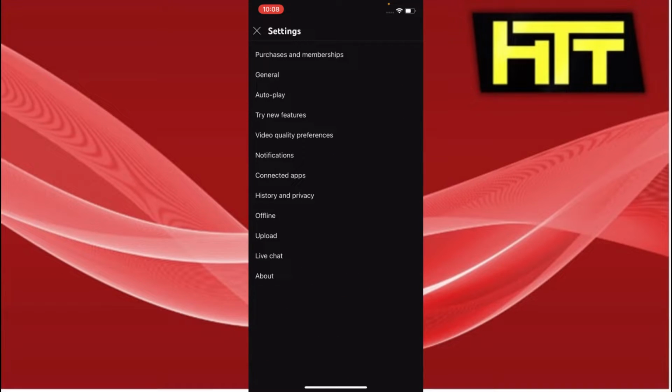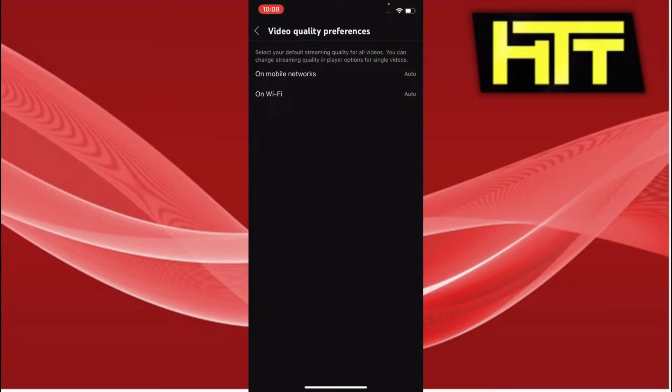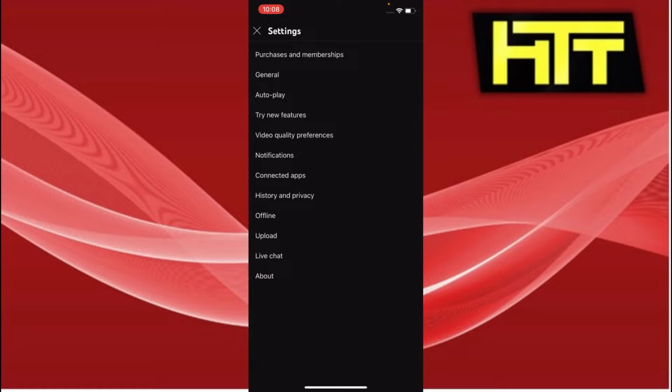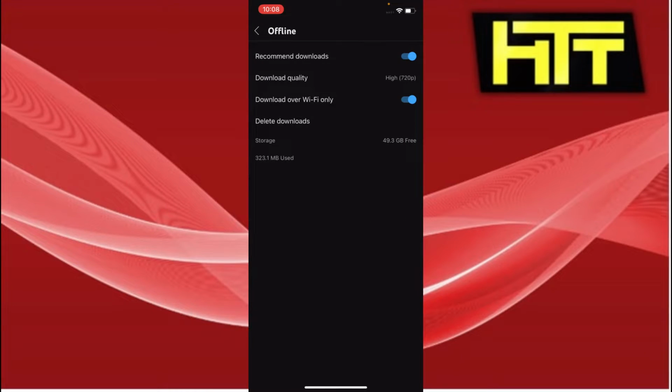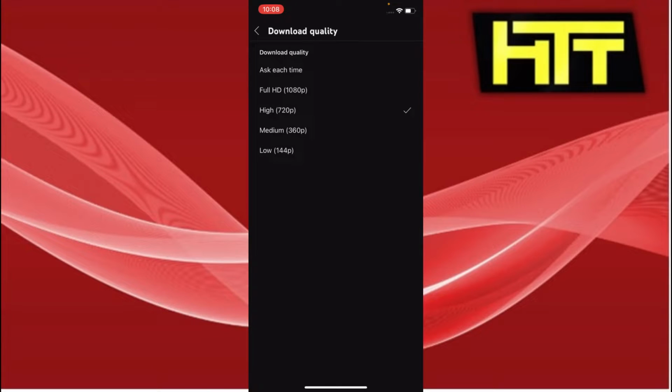and now you will have offline. Press offline, and now you have these download settings, and you can change the download quality from here, depending upon what your mobile storage